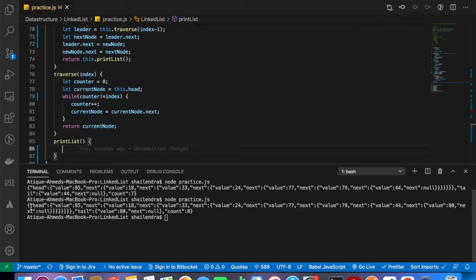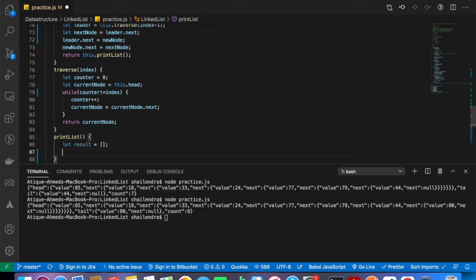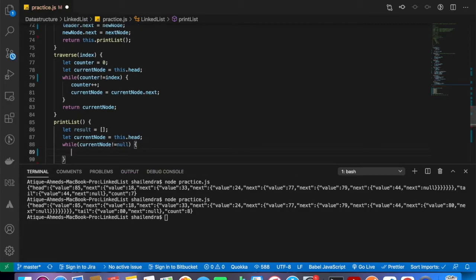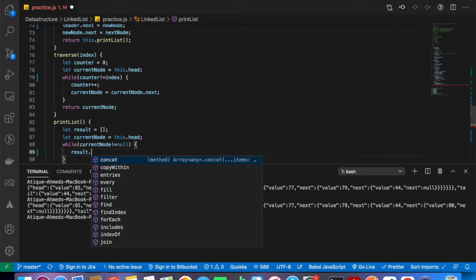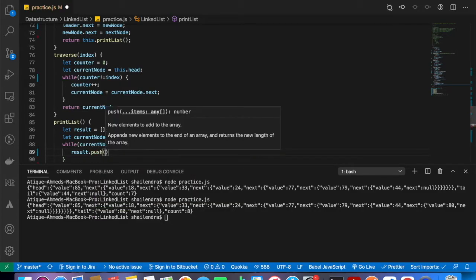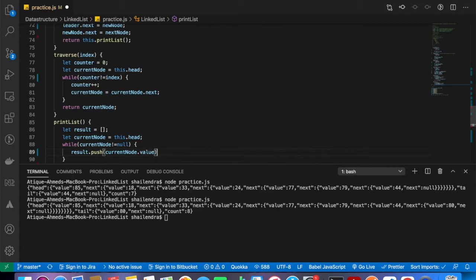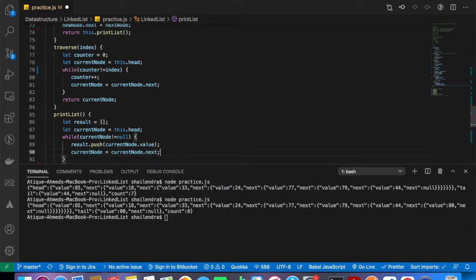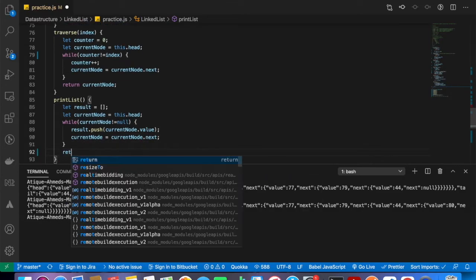What I mean is, I am going to push the whole linked list into an array and display it as an array. So I say let result be an empty array, and let current node be this.head. While current node is not equal to null, result.push current node.value, and current node is equal to current node.next. And let's return the result.